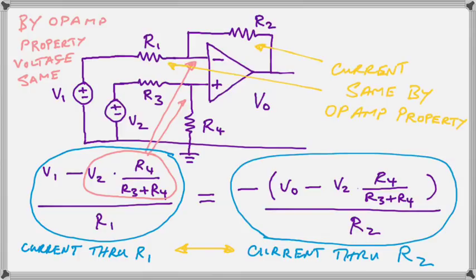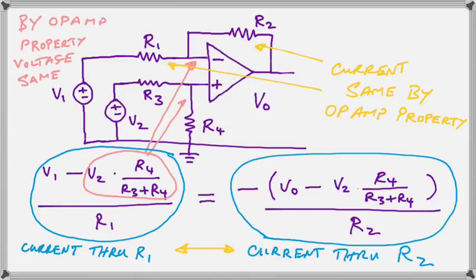So essentially, the current is the same through R1 and R2, and you should be able to be quite comfortable with our equation, which is a starting point